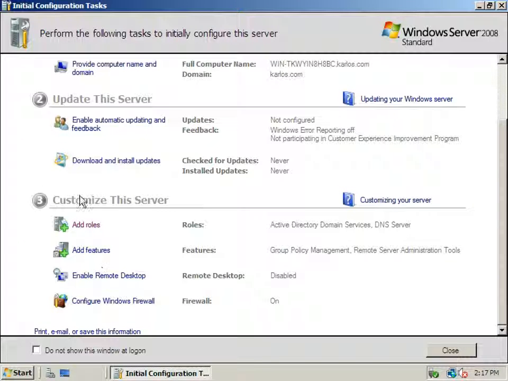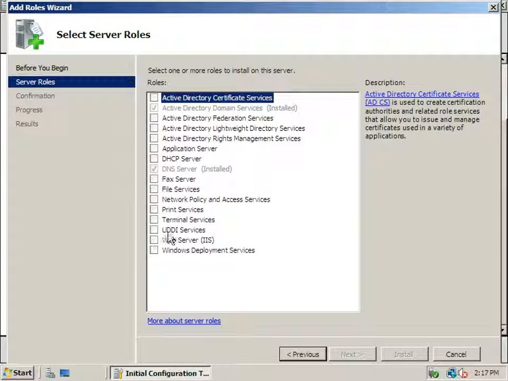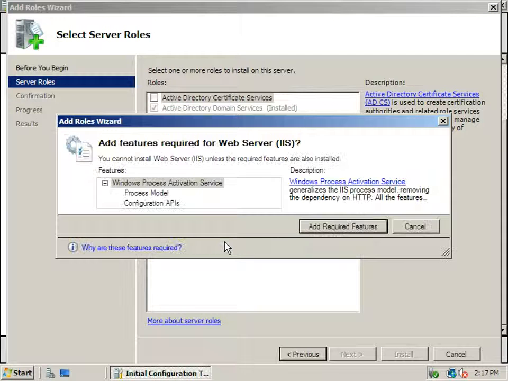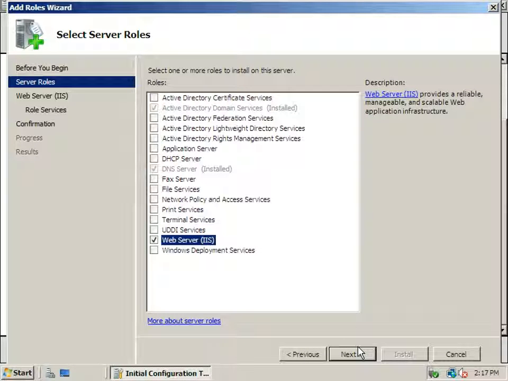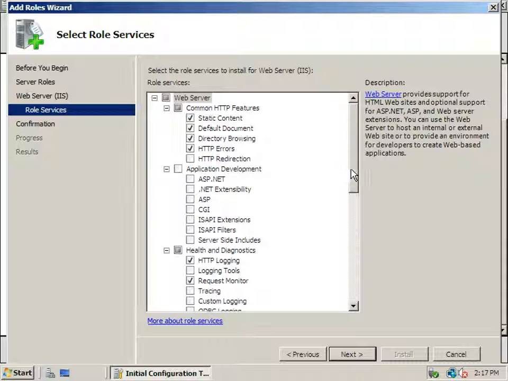We're gonna add a new role. We can do it through here too. We click on Next, and the role that we wanna add is the Web Server IIS. That one is required for the Exchange Server to function correctly. And we click on next, see the other options right here. We're selecting common HTTP features,